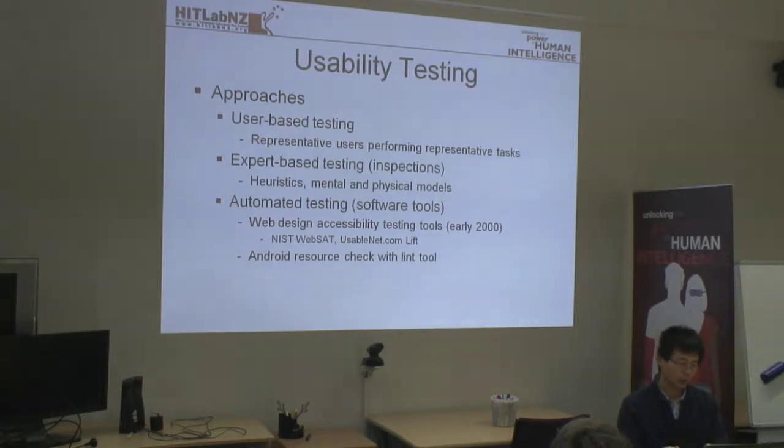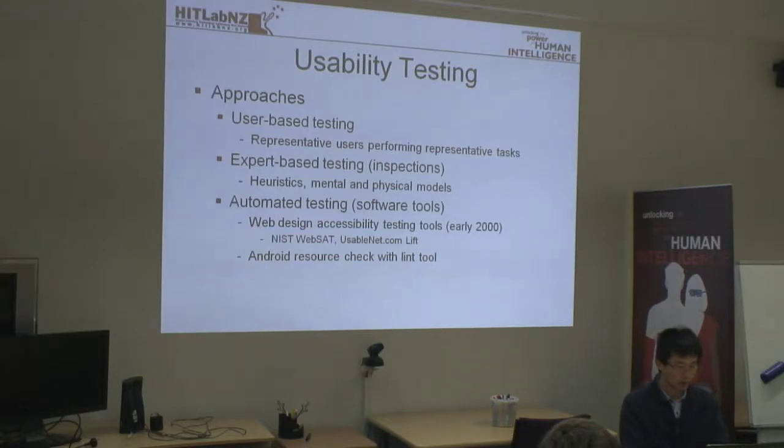And there are mainly three approaches. I think we briefly talked about this when we talked about evaluation in general. But usability testing also can be done in three different approaches, which is user-based testing, which is inviting users and let them use and see what's making problem in terms of usability. Expert-based testing is inviting experts and let them try your user interface design and let them find out what the problems are again. And by this, experts usually use heuristic rules, which is